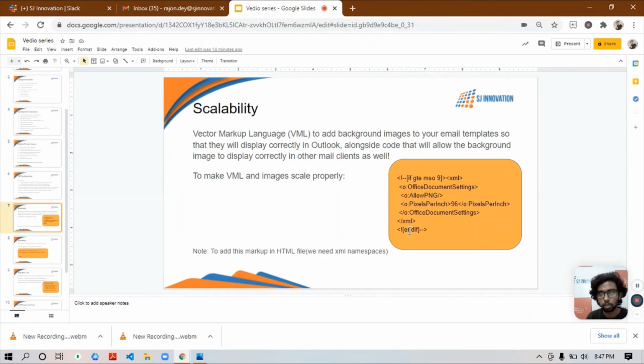After the doctype you need to create the XML namespace for VML, otherwise it will not be supported in the browser. It will not be supported in Outlook. So make sure you write this XML namespace in your email template.